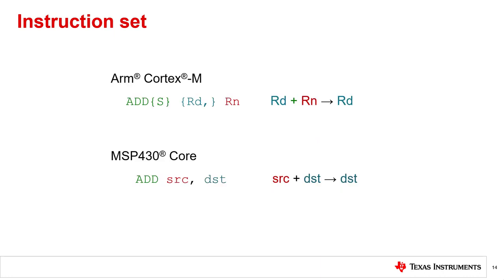As we can see here, the simple add instruction is formatted differently between ARM and MSP430. The ARM Cortex standard is the instruction, then destination, then operand, whereas the MSP430 core will expect the instruction, then the source, then the destination. If a programmer isn't careful moving between instruction sets, they can end up with their data in locations they are not expecting. So when programming in assembly, it is important to reference the documentation for your CPU.